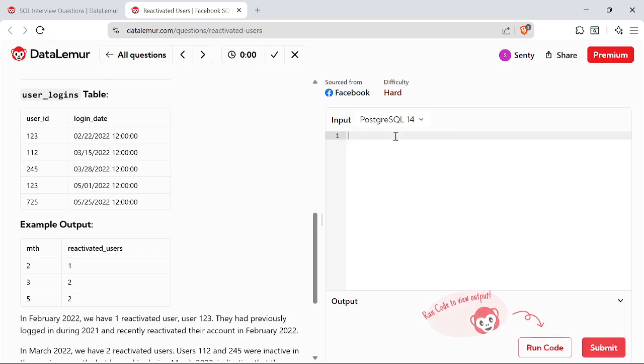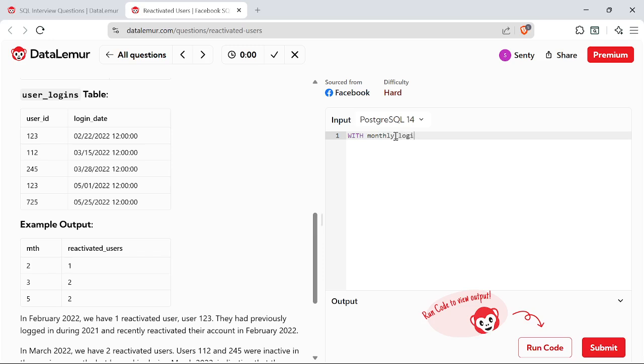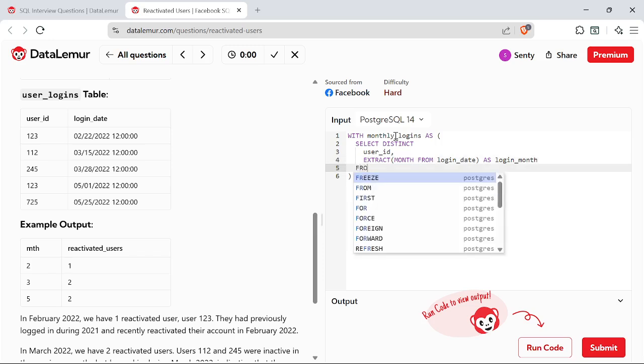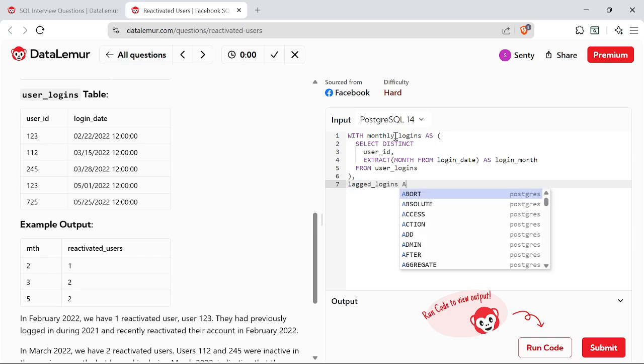So first I will write the SQL solution for this. With monthly logins as, select distinct user ID, extract month from login date as login month, from user logins, comma lagged logins as,